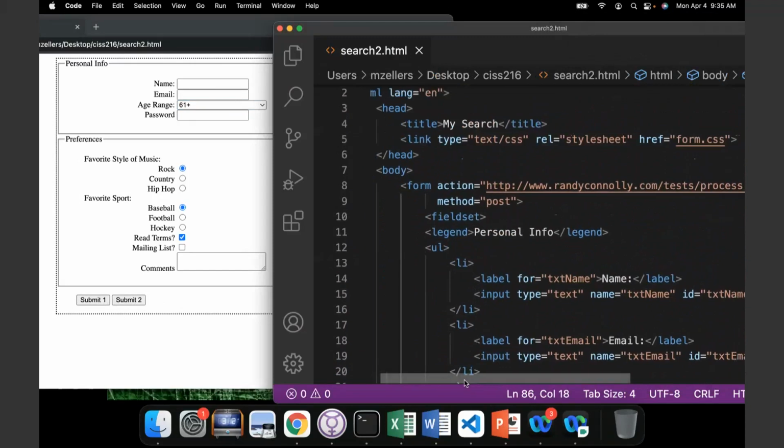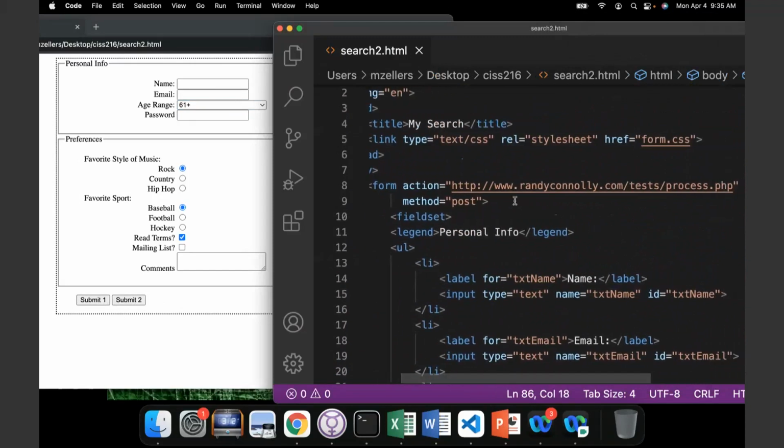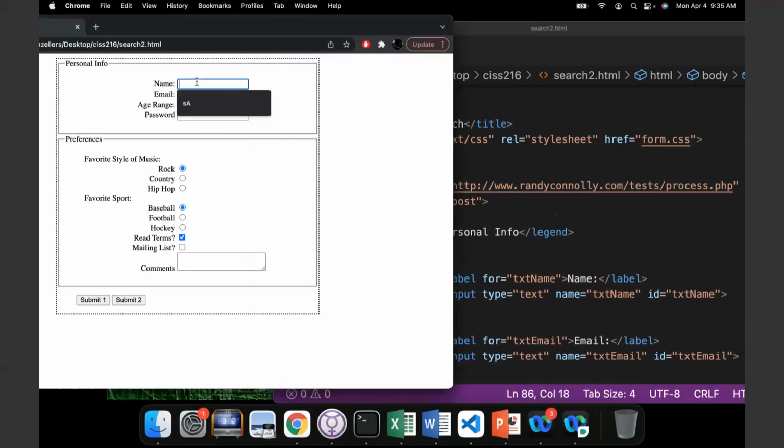The action is this script, which is the script that a textbook publisher that I use provides for students to test their forms out with. And the method right now is post, so it will send the data to the script without putting it on the query string, so it will be invisible. So if I were to press it now,